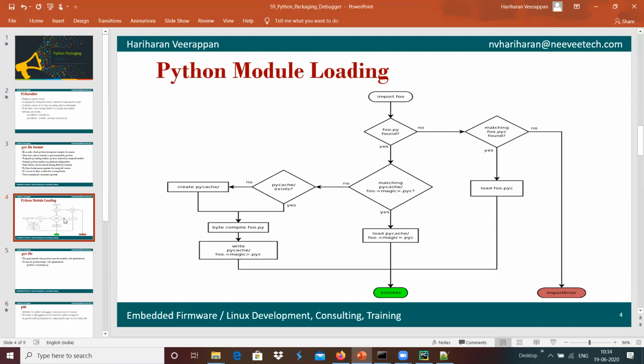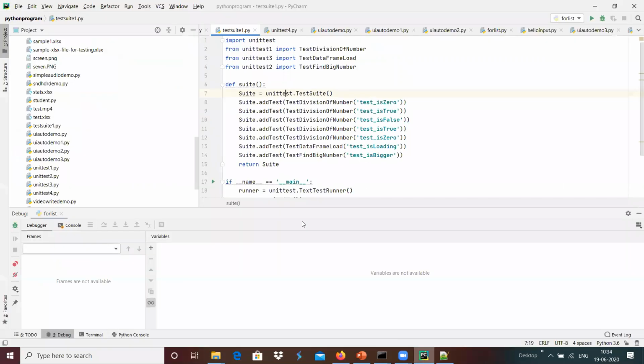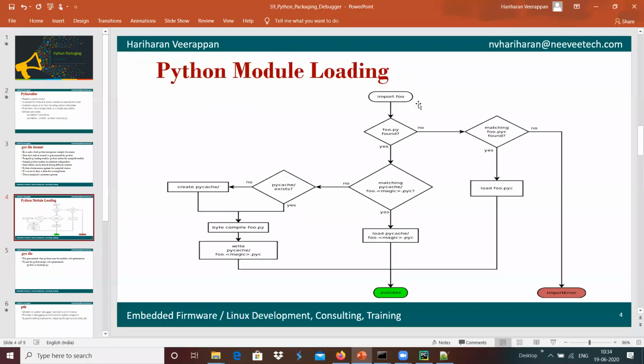Whenever we do an import, for example, the import of unittest over here, it checks whether that particular .py file is present or not.